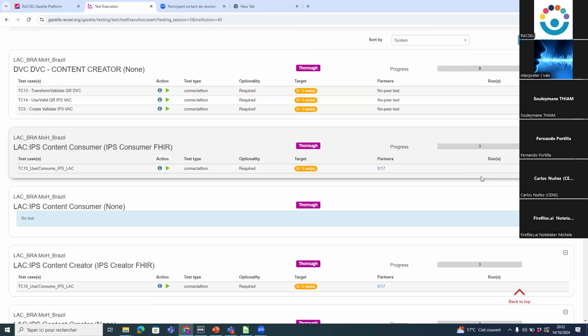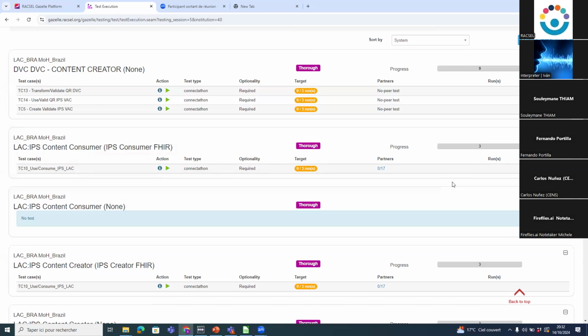So that information will be provided by Gazelle here. It's not a test instance you execute, but a test instance executed by other countries in order to send some query to your server, terminology server or file server. So this will happen only in the peer-to-peer testing. Okay, so don't be surprised if you see some test instance, some ID in your test plan. If you don't understand, we can explain, but it's totally normal.